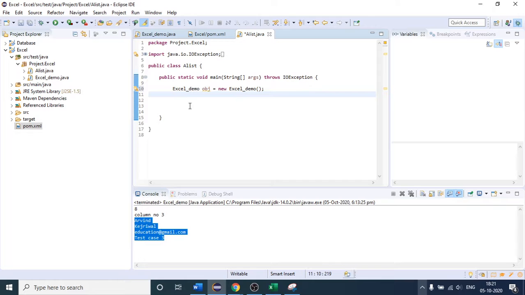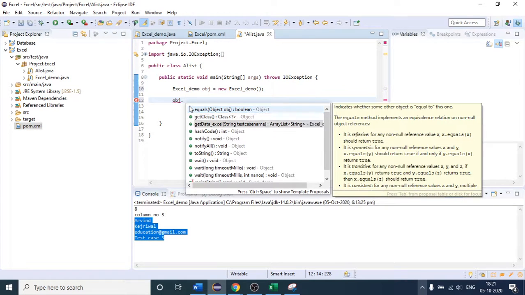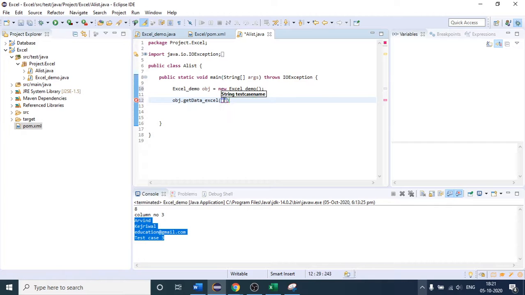Let me first, with the help of the object, call the method. I think this is the method, right? Inside that, let me provide the test case name. As of now I am just writing it here; with the help of the Scanner class a user can input it. Here I am just putting the data, test case 1.